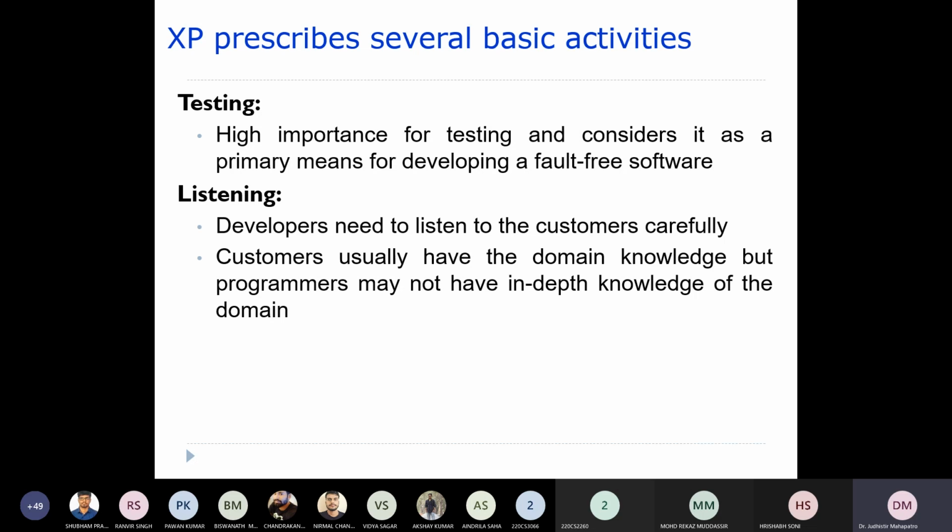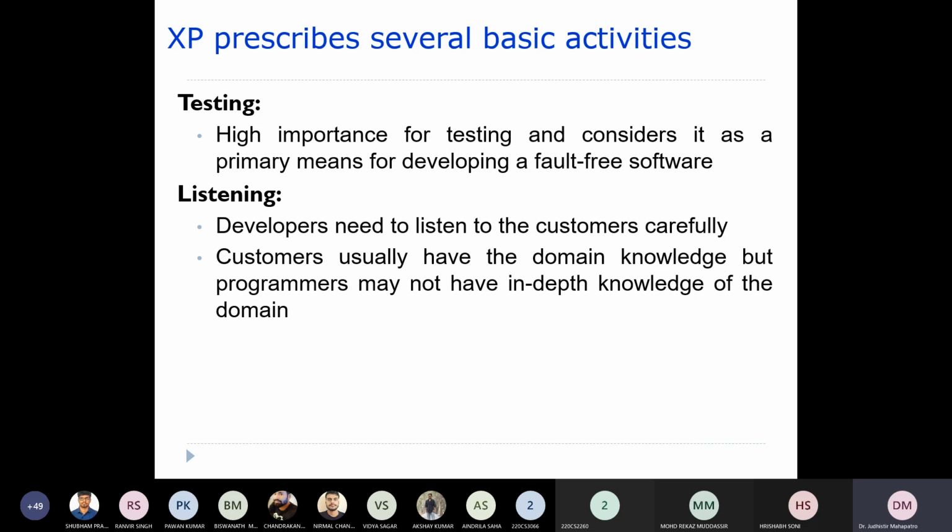Developers need to listen to the customers carefully to identify what the different features are. If you have not understood what they want, we will probably end up with software failure.